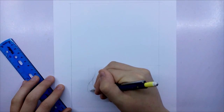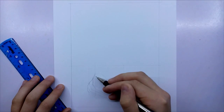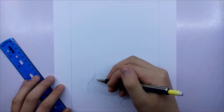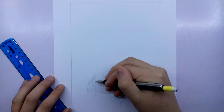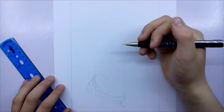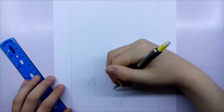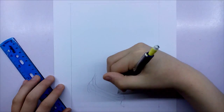So what I was on about with the colouring that's going to be different is the fact that I'm going to be using Copics as usual, obviously, but with the inking, the outline of the drawing, I'm not going to be doing any of that. It's just going to be straight up pencil lines that I will